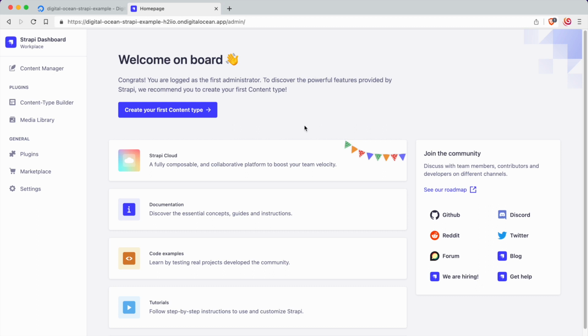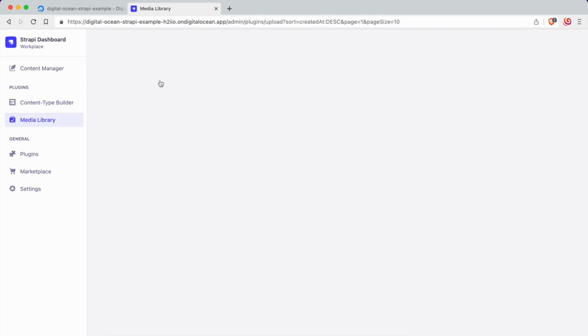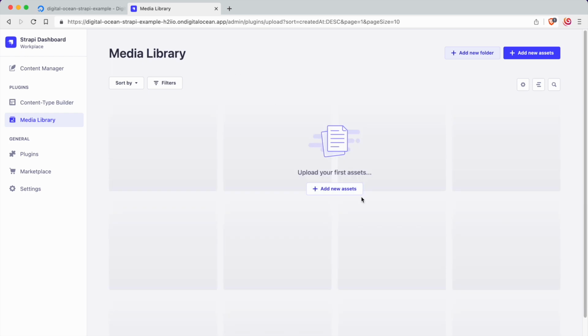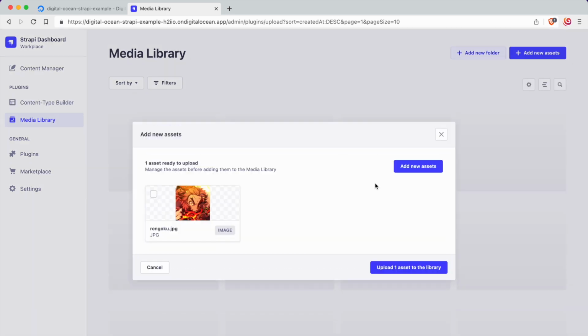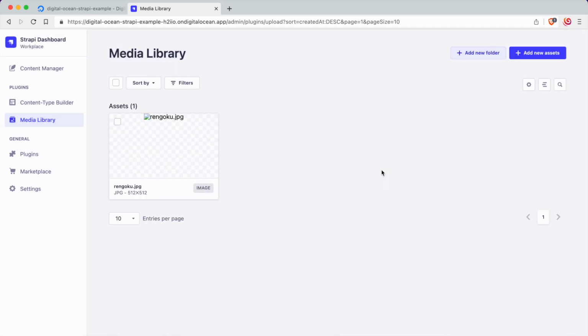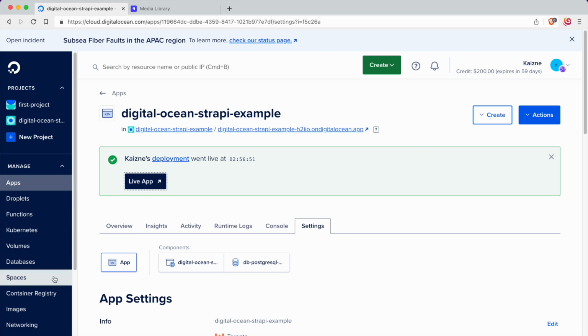So to check if the images actually work, let's just go here and just add. All right, and then now click upload asset to the library. All right, so first we see there is some issue here. The image is actually not being displayed properly. We'll fix that soon, but let's just go back to the spaces,